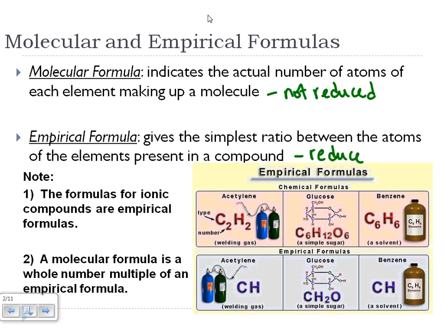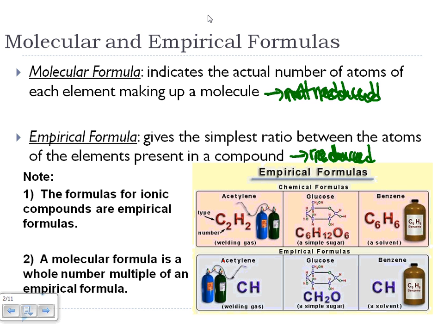So you can see right here, I've got welding gas. The empirical formula for welding gas is CH. And the empirical formula for glucose is CH2O. And then the empirical formula for benzene, which is a solvent, is CH. So you notice that the empirical formula for both acetylene gas and benzene, which is a solvent, is actually the